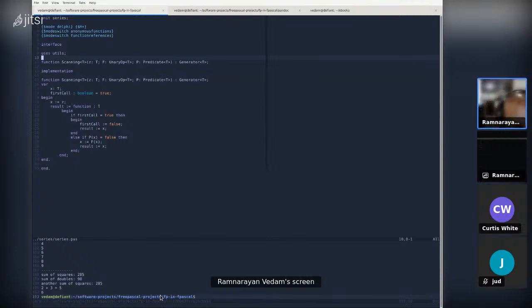Not in this case. If you're writing in the Pascal world, everything that's capitalized and defined in the interface section is an exported symbol. Anything that's specifically defined in the implementation section is not an exported symbol.